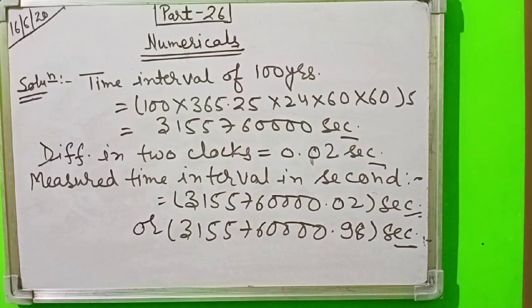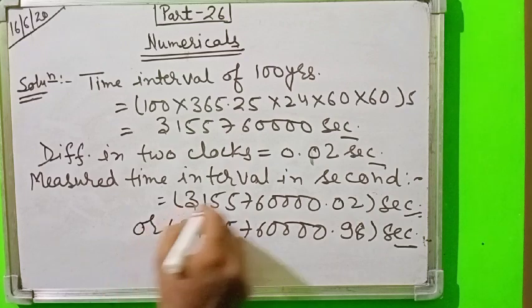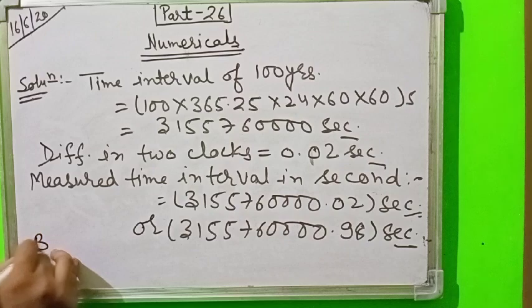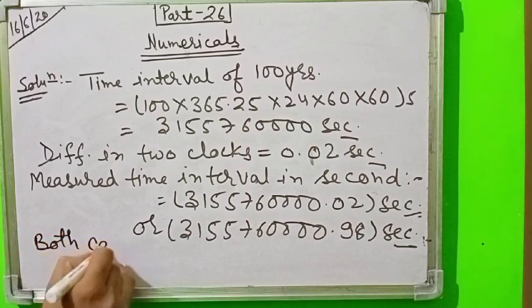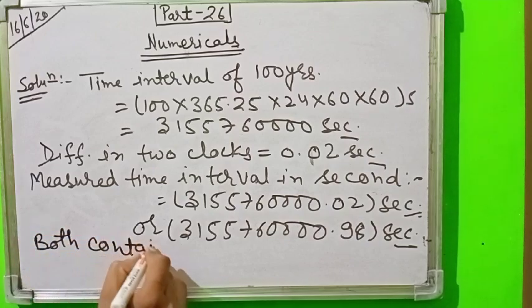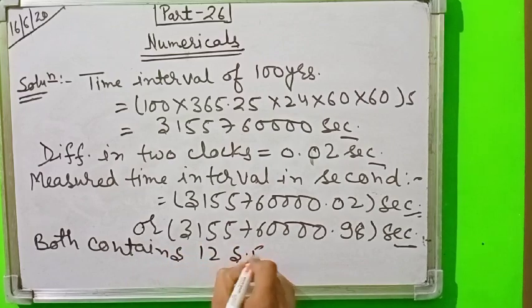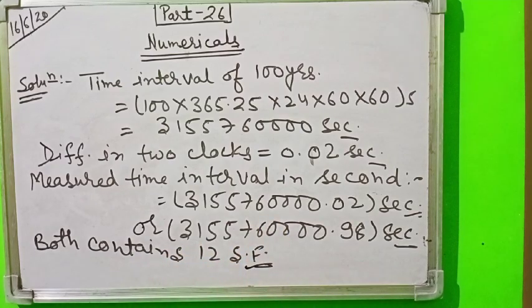Both these values of measured time contain how many significant figures? Both contain 12 significant figures. So the accuracy of the standard